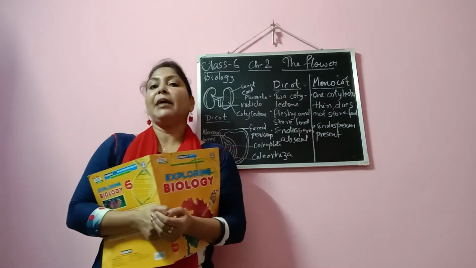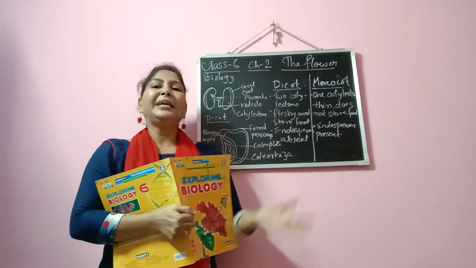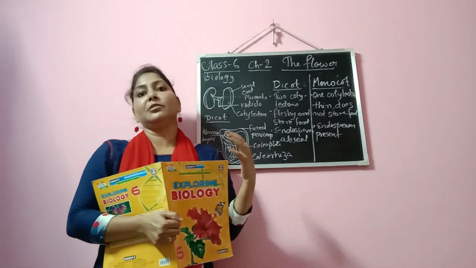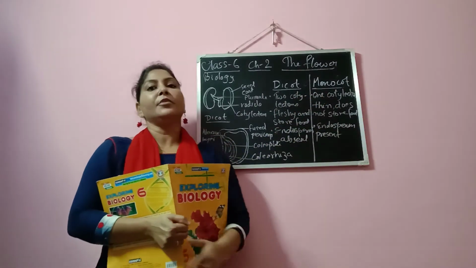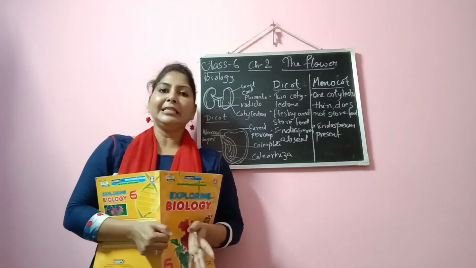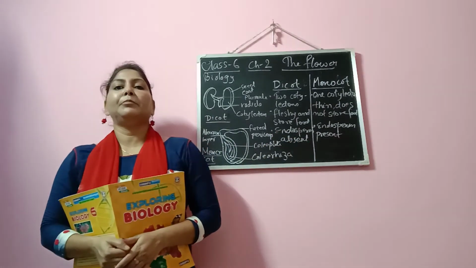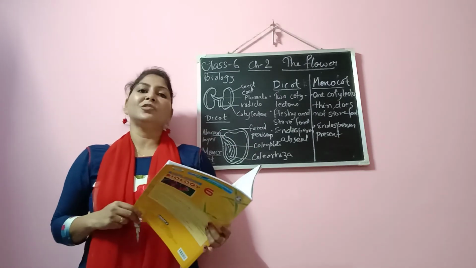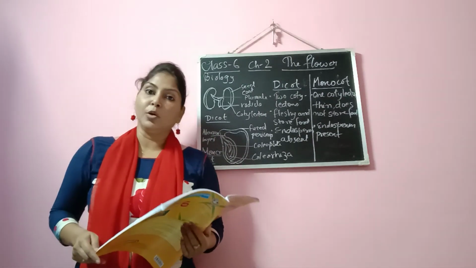As examples of dicot seed, there are so many, like all the bean seeds, grams, and even some pulses also come under dicot seed. And in monocot we take all the cereals, grasses, maize. Maize also comes under cereals. So they are the examples of monocot seed. Okay. So here we complete the basic structure of seed and the explanation of dicot and monocot seed.